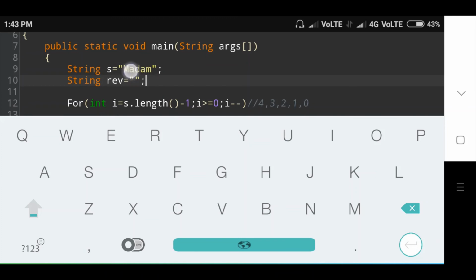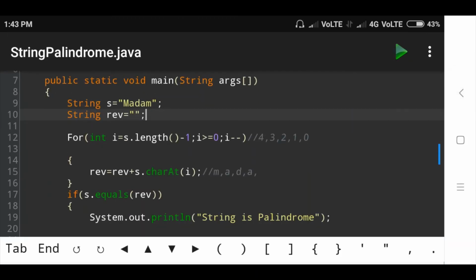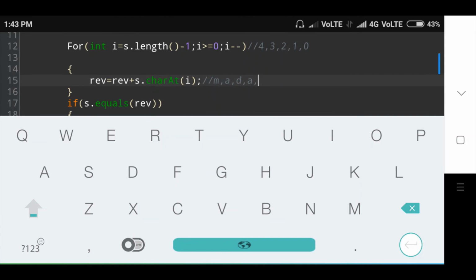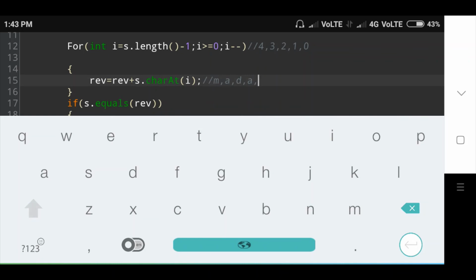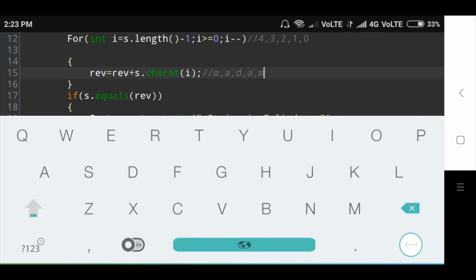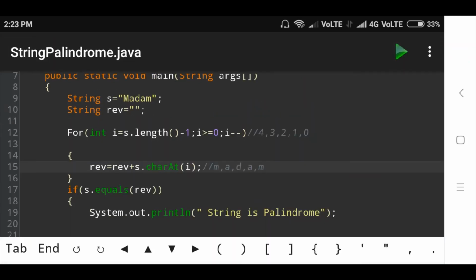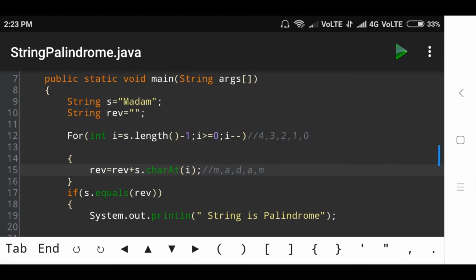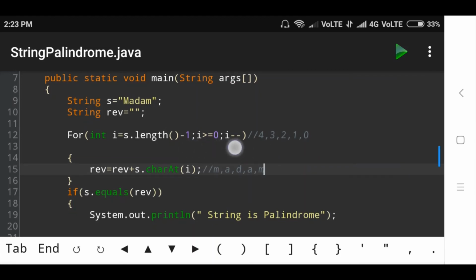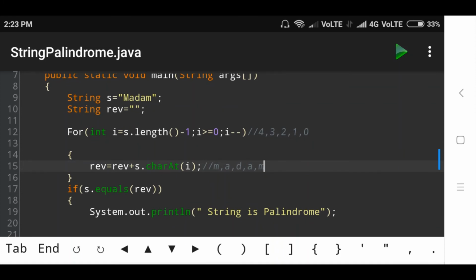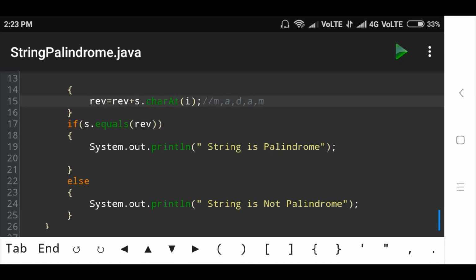Okay, the m character is stored in the reverse variable. The initial 4 characters plus the next character m. Okay, then check the for loop condition: i is greater than or equal to 0. The i value is now below 0, so here the loop execution stops. Then control automatically comes out of the loop.